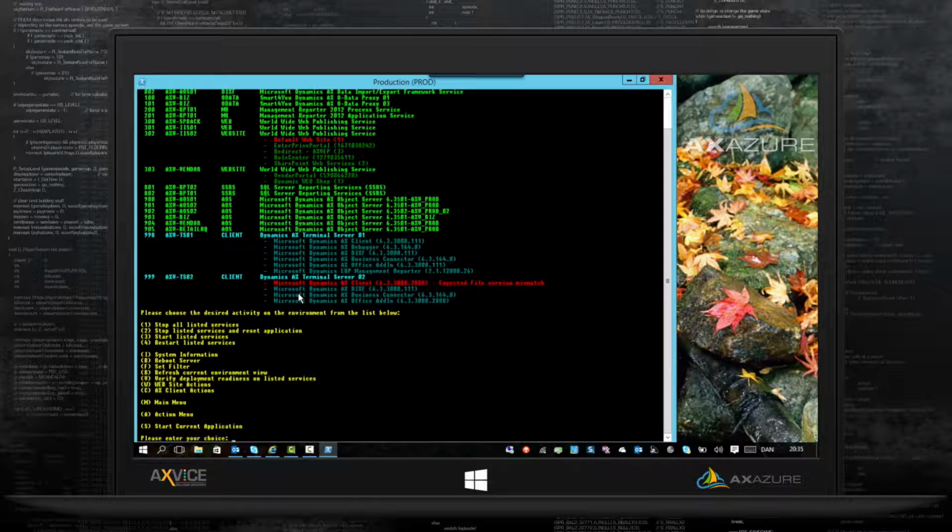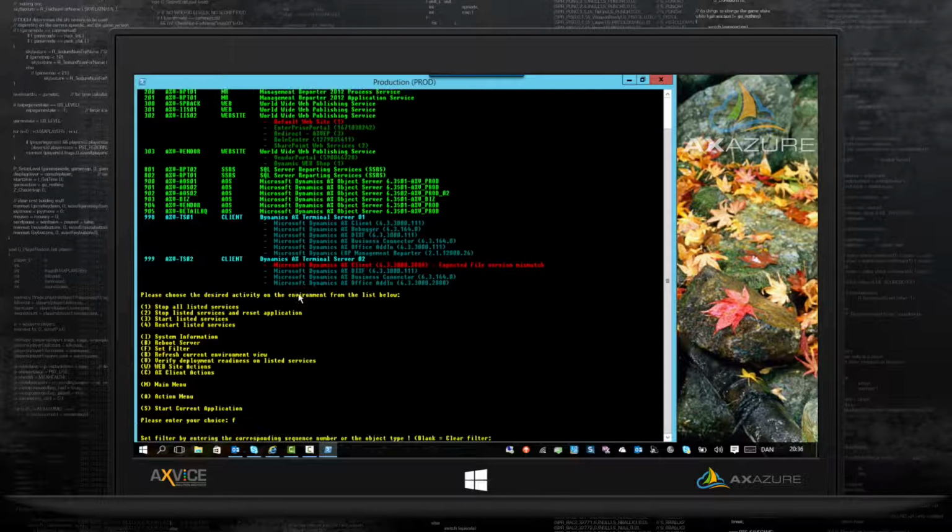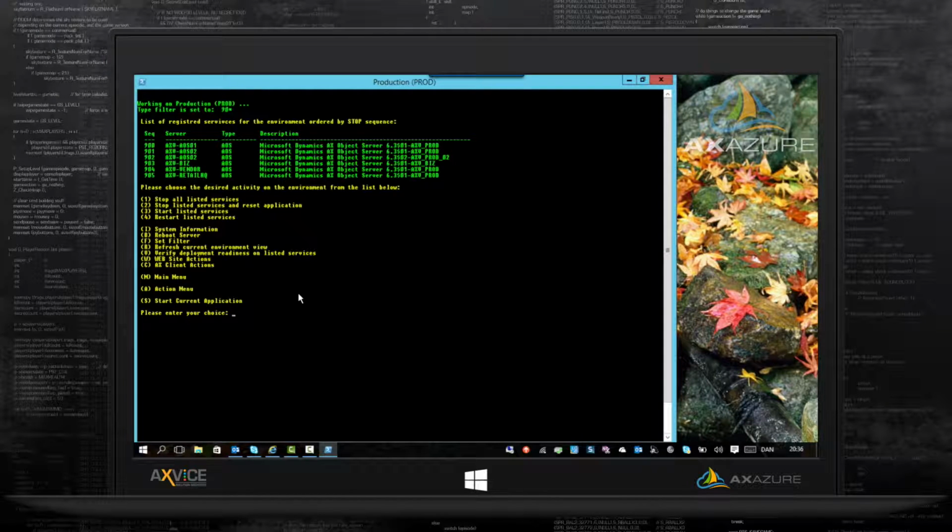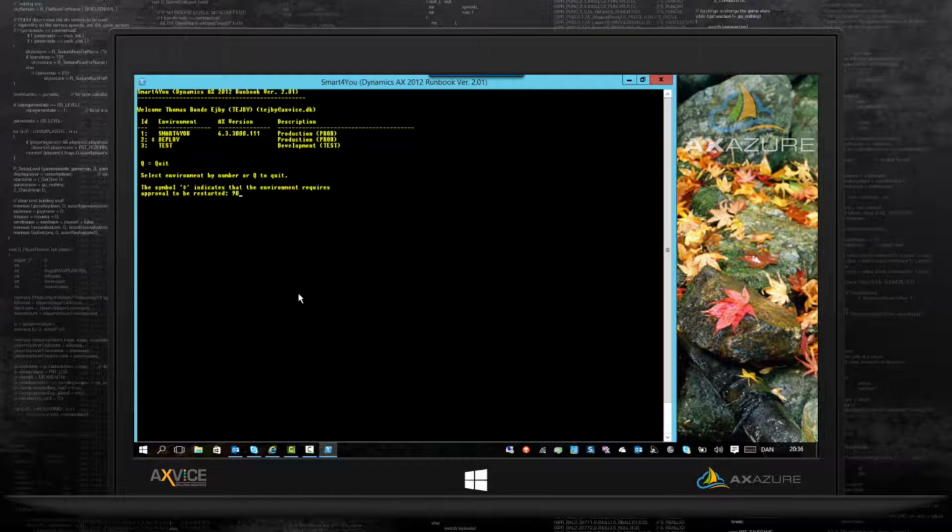Then I will say filter 900 and something. And it will show me all the 900 servers. So you can combine these things. So you can say I'll filter the 900 servers.